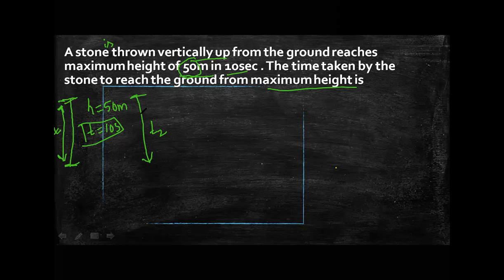We have already discussed time of ascent and time of descent. The time required for an object to reach from the ground to the maximum height is the time of ascent. The time required for the object from the maximum height to the ground is the time of descent. Are they equal?